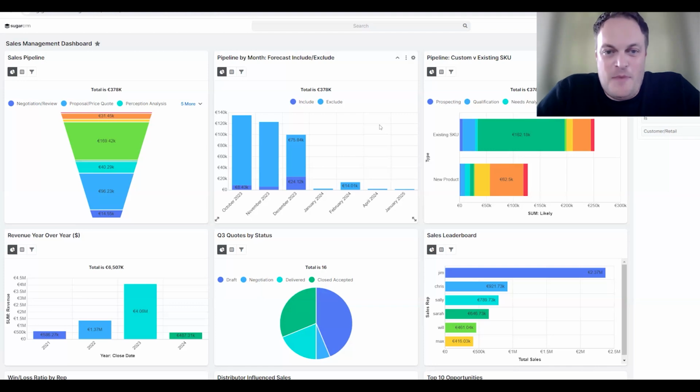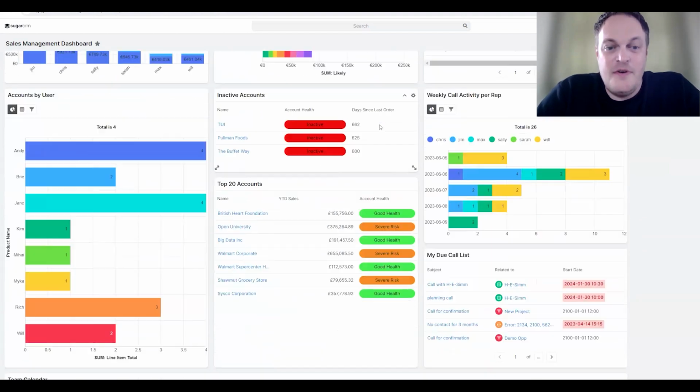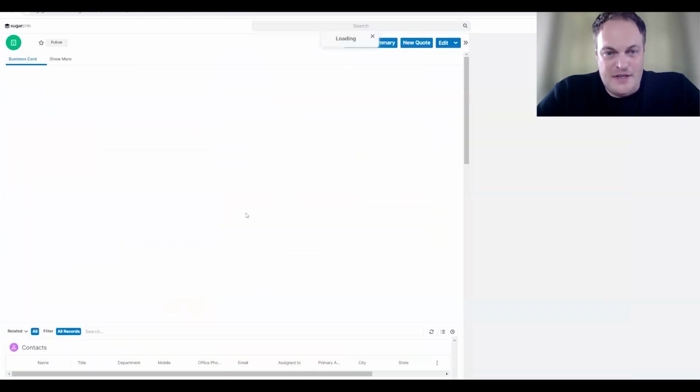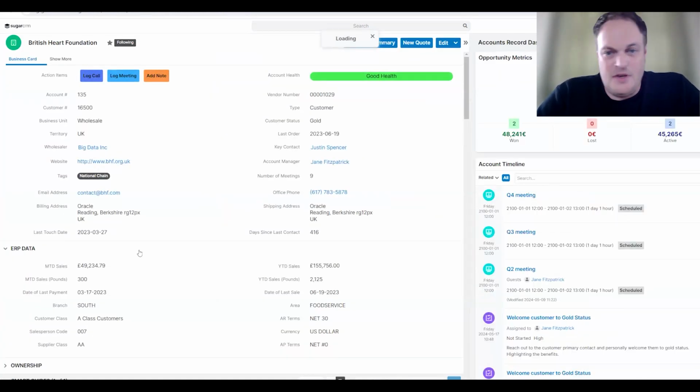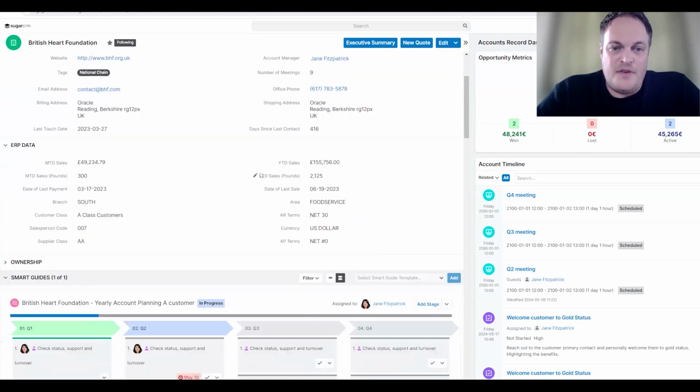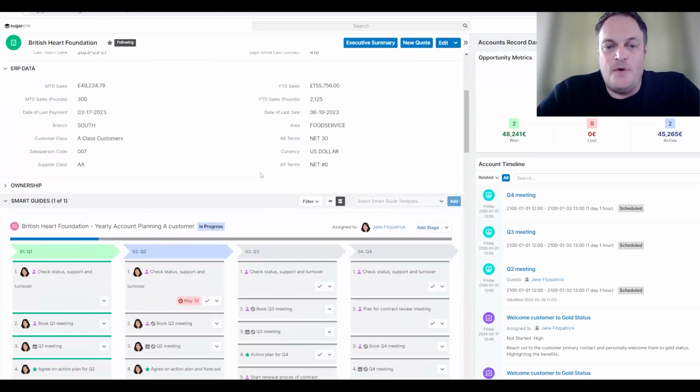I think actually I'll go back to the record that I showed you before. Before I used the focus draw to go into the British Heart Foundation, but this time I'll go into the full 360 view. So if I click into this, here you can see the full 360 view. This has obviously got a few extra fields in just for this demo environment, and one of the things here is that one of the things you may or may not have seen before, but a lot of our customers,